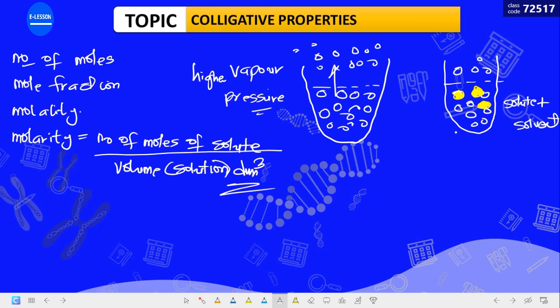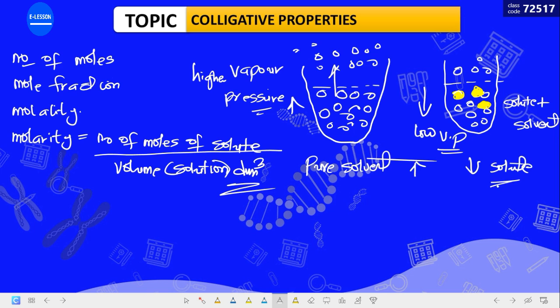But when you come here, you discover that the vapor pressure here will be what? Low. This will have high, this will have low vapor pressure. Why? Because of the encounter the solvent particles have with the solute particles. Some of the solute particles are blocking the solvent particles from escaping into the environment, thereby exerting pressure on the atmosphere. Is that understood? So that is why we say that a pure solvent has a higher vapor pressure than a solution. That means when you introduce a solute into that solvent.